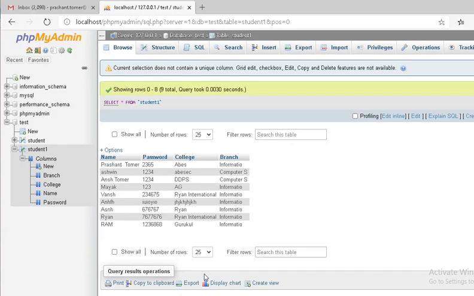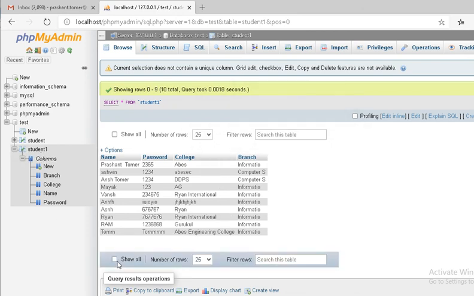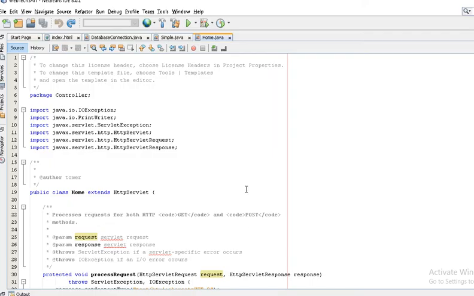Tom, just try to refresh. Yeah, you can see the data in the database. We have used Tom as the name, and Tom with many m's in the password because of the length of the password, and we have taken ABES Engineering College, and this is the branch, right?